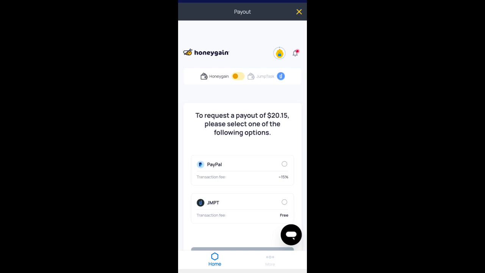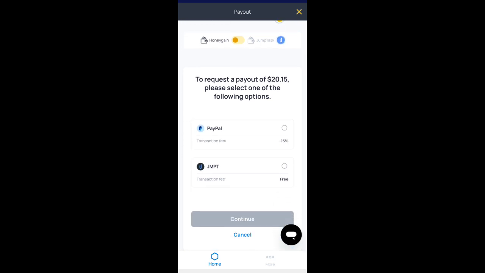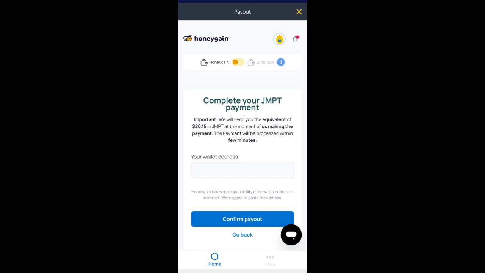So when you click on request payout, click on JMPT. The fee is 0. You can withdraw using PayPal, but if you withdraw using PayPal, they're going to charge you 15% of whatever you're withdrawing. So it's better you use JMPT. Now that involves you having Binance. Now click on it. When you click on it, click on continue. Then you see this place here, JMPT